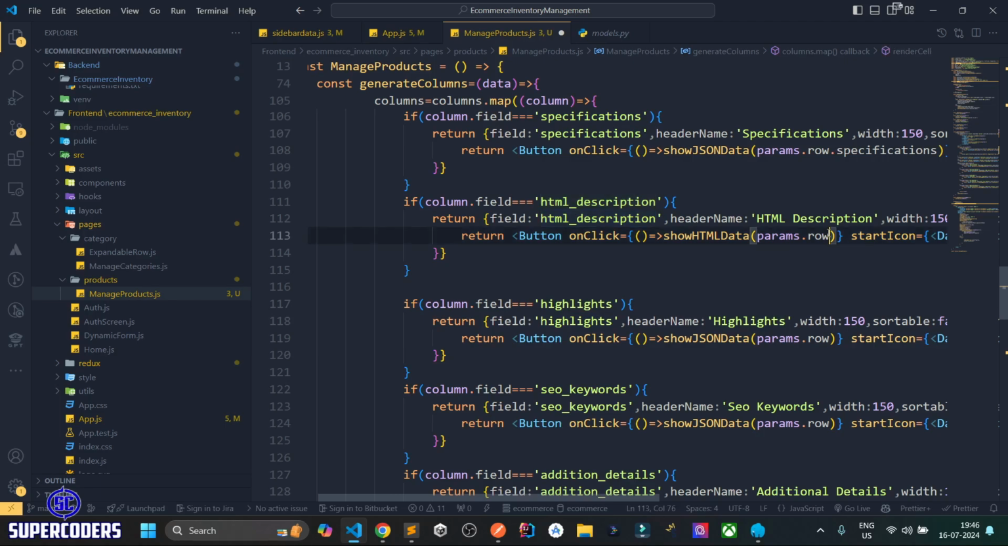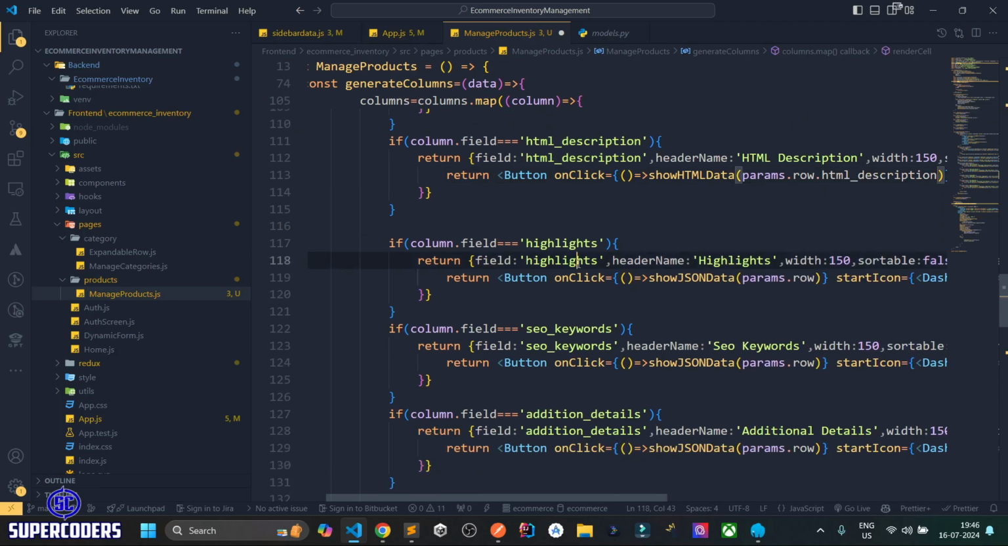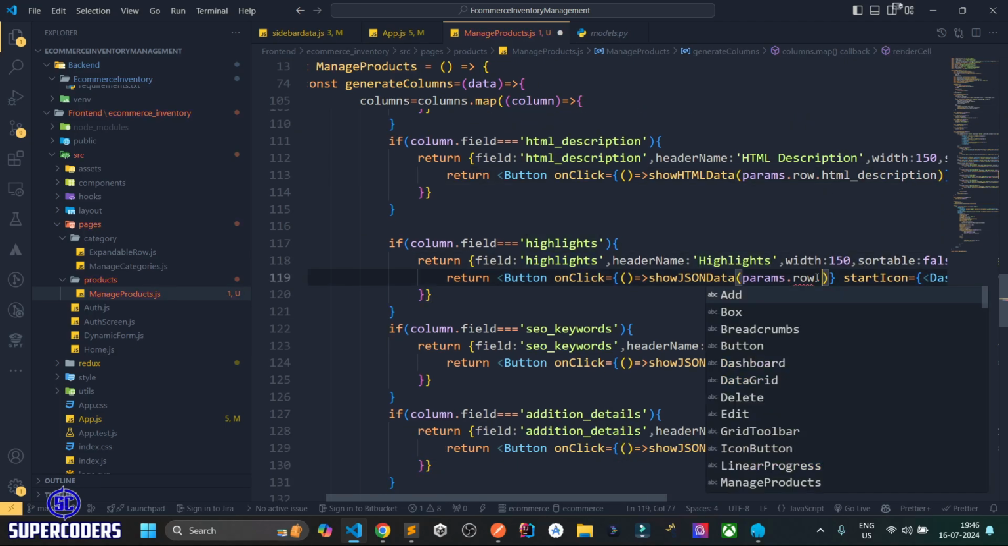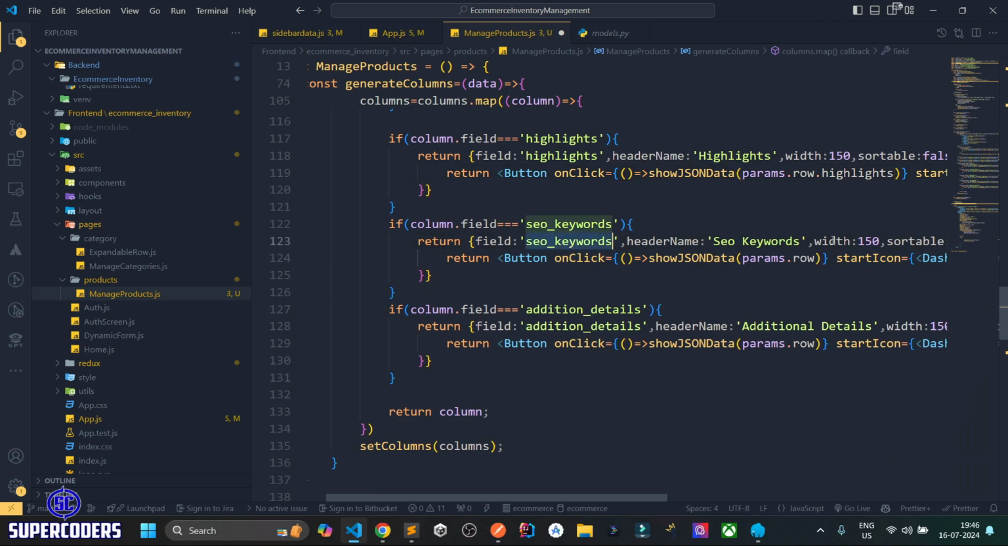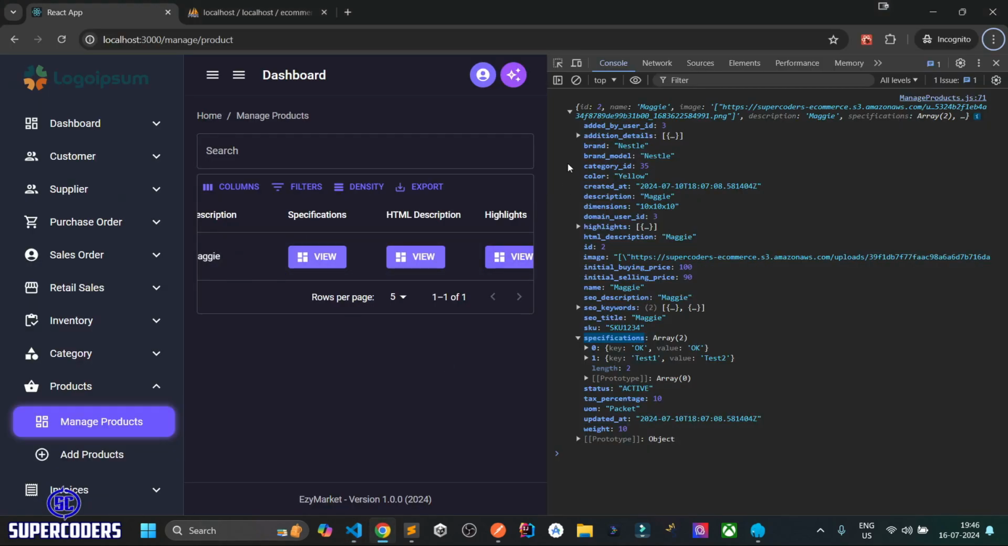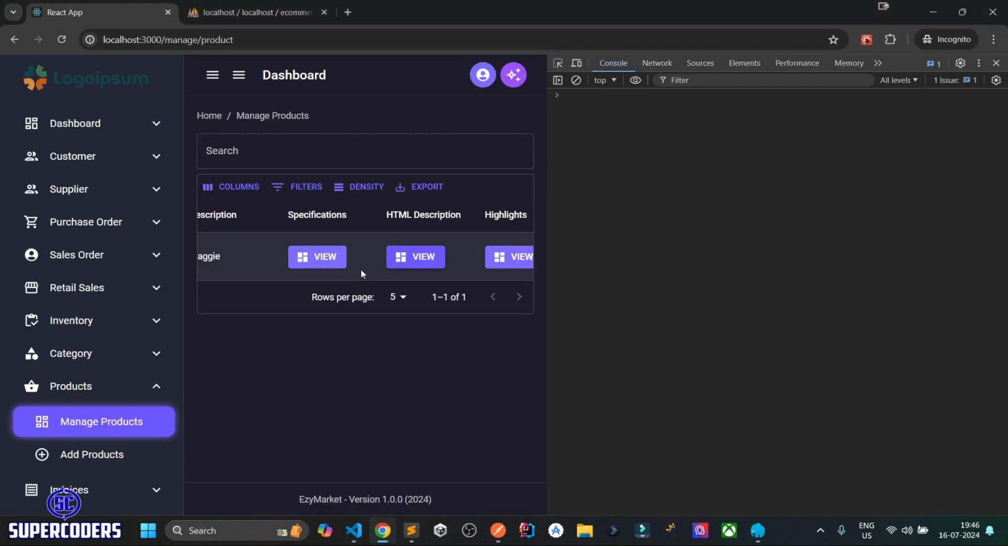You will also pass it. Highlights, also pass it. SEO keywords, also pass it. Then after that, copy the destinations and also pass this. Save it, back to Chrome. And this time if we refresh the page,